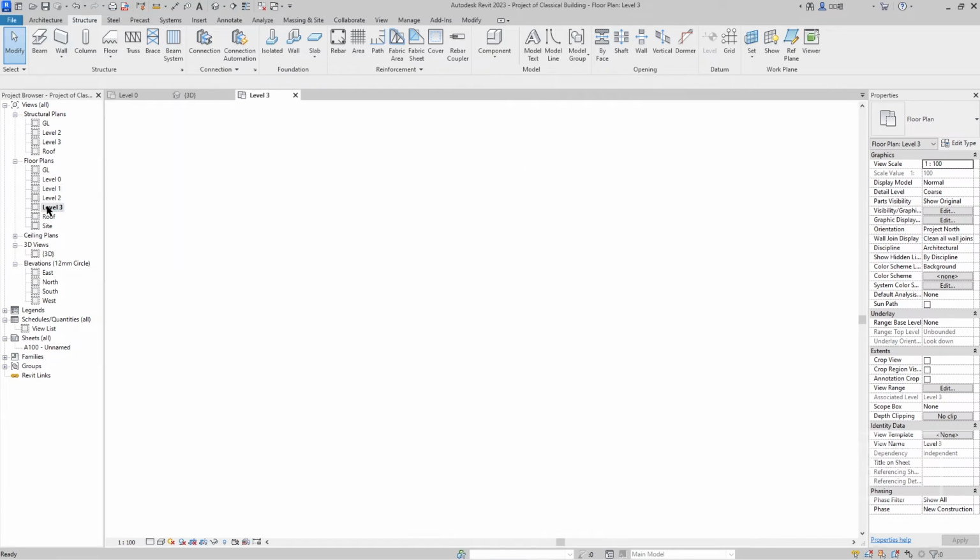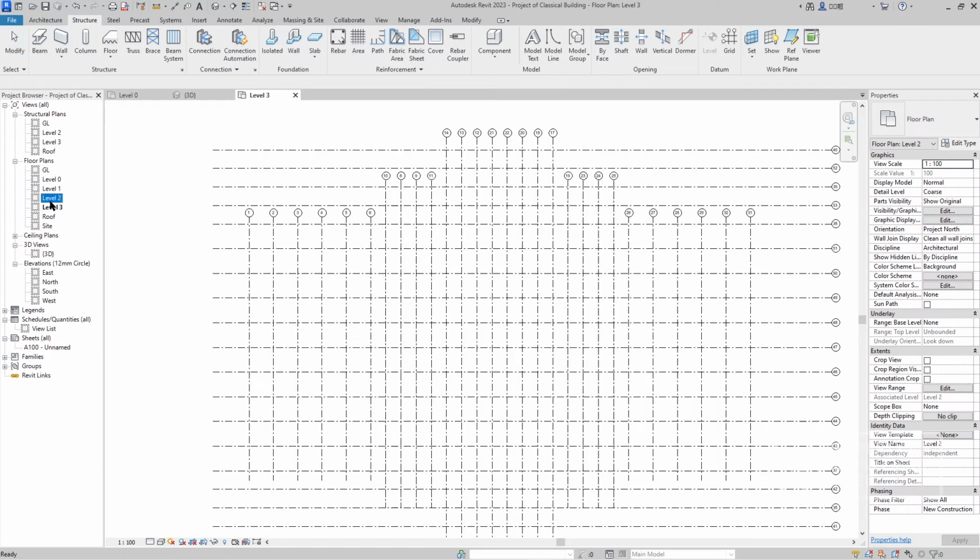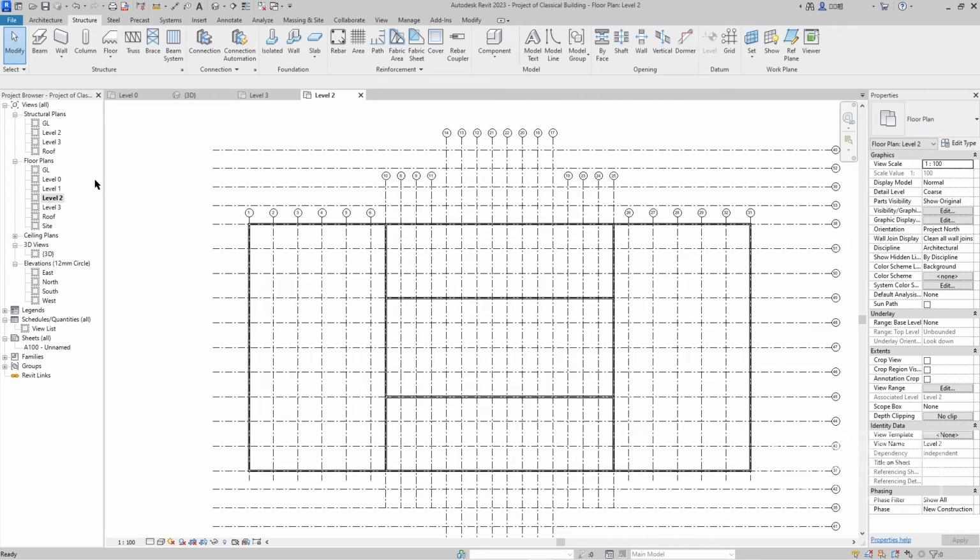Let me move on to level 3. Level 2, we're gonna see this kind of interior, and then all we need is